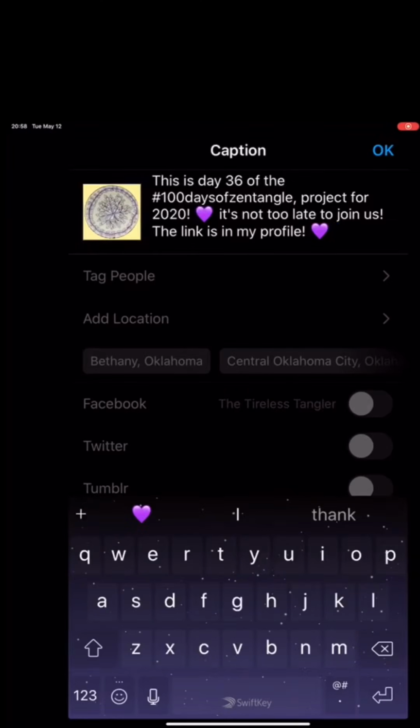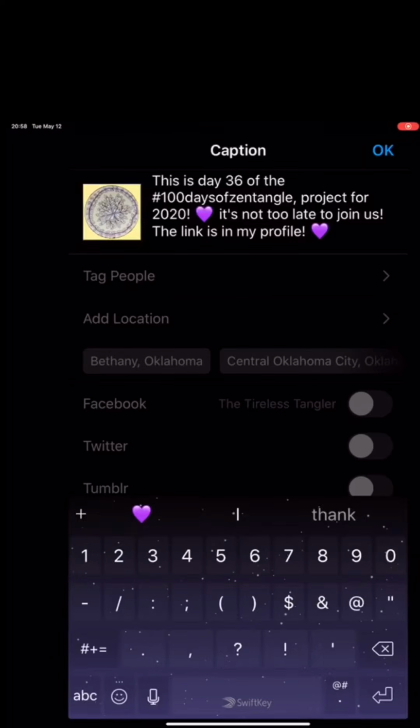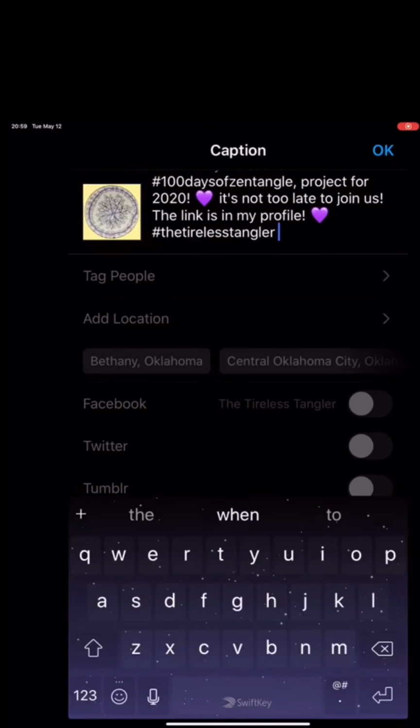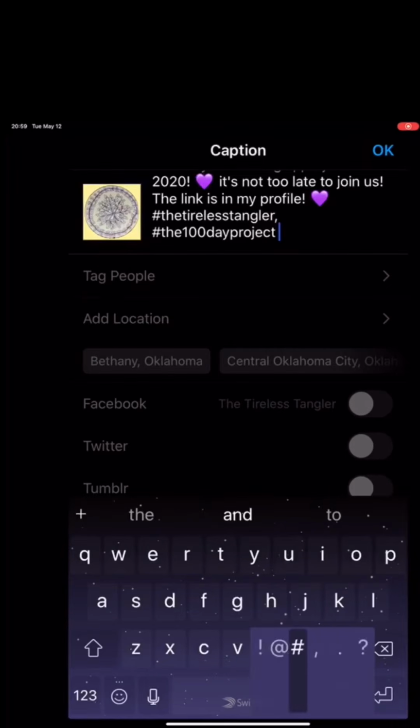Now it's time to put in any hashtags you want. We've already got our 100 days of Zentangle. And so when I tell you guys to tag me, it can mean two things, okay? You can tag someone by using the hashtag they will be looking for. For example, I look for the hashtag the Tireless Tangler. I am also following the hashtag the 100 Day Project because this project is part of that project. I am also following the hashtag